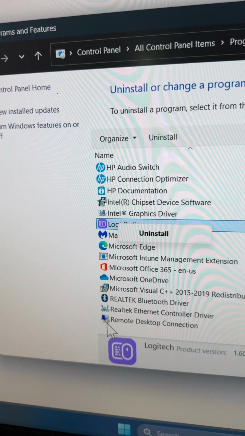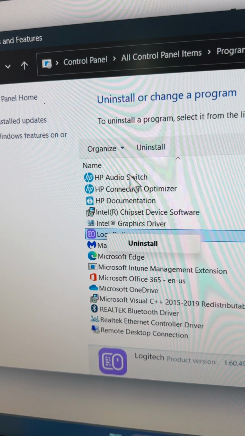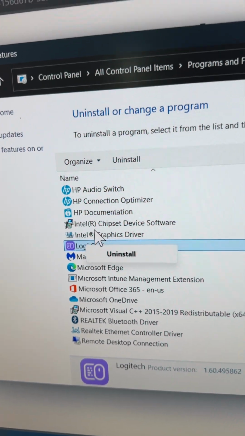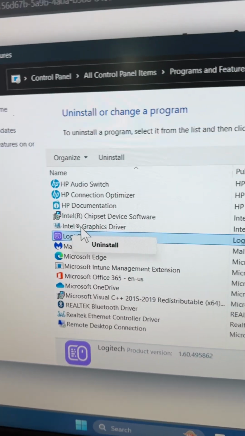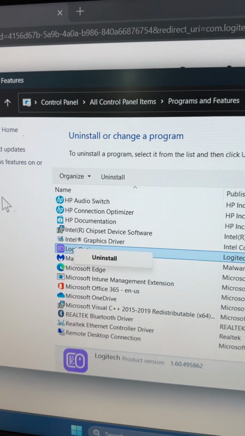The computer is not going to show you every single thing because there are hidden folders, and if you try to uninstall that, you're going to mess the computer up, so it protects itself, and I'm not going to show you how to do that. So if you